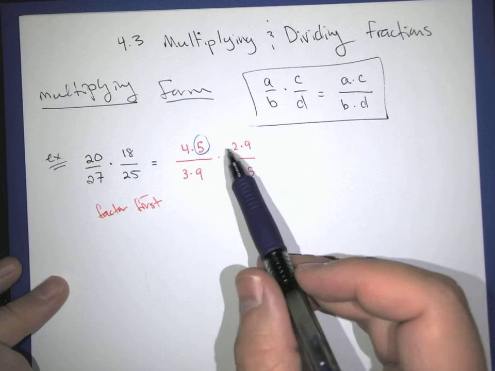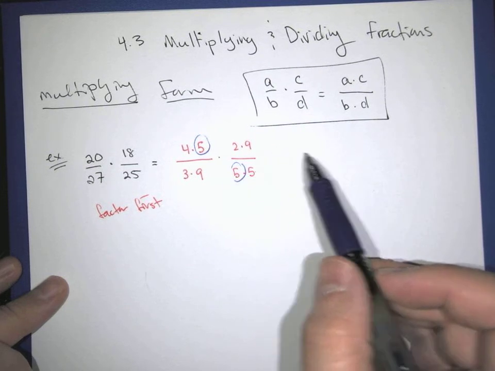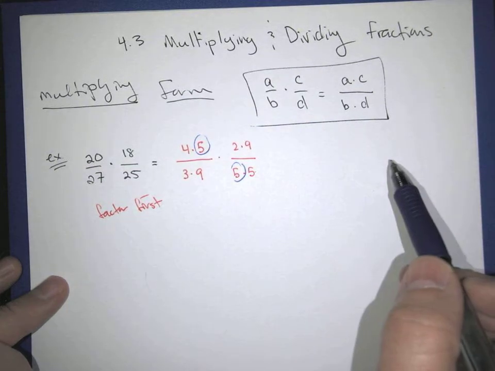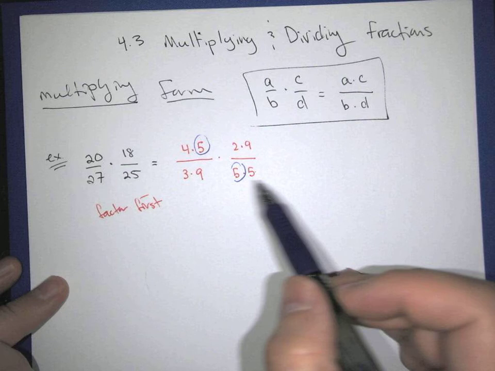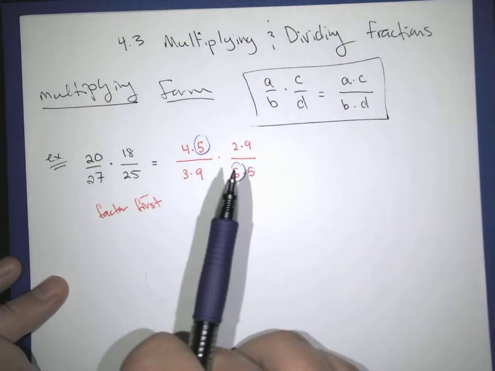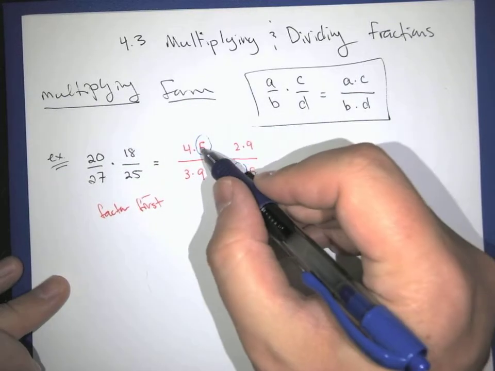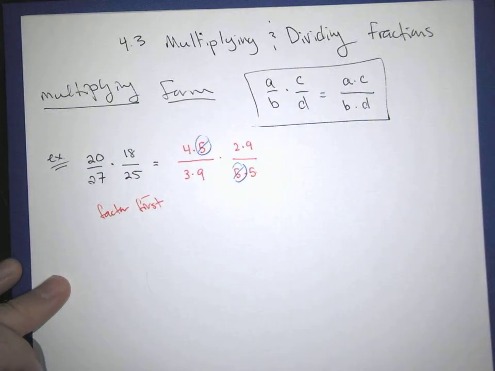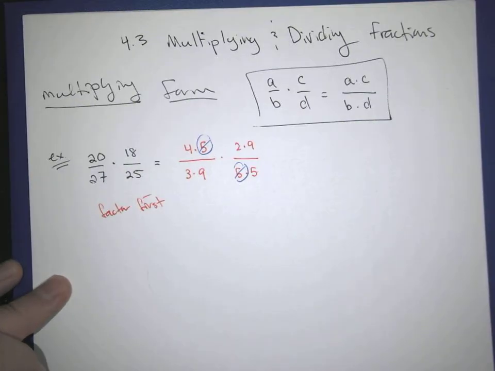Those guys, if I multiplied everything out, I would get one big fraction with all of these numbers on the top and all of these other numbers on the bottom. I could rearrange and cancel them out, but it's not really necessary to do that. What we're going to do is just start taking them apart and canceling them